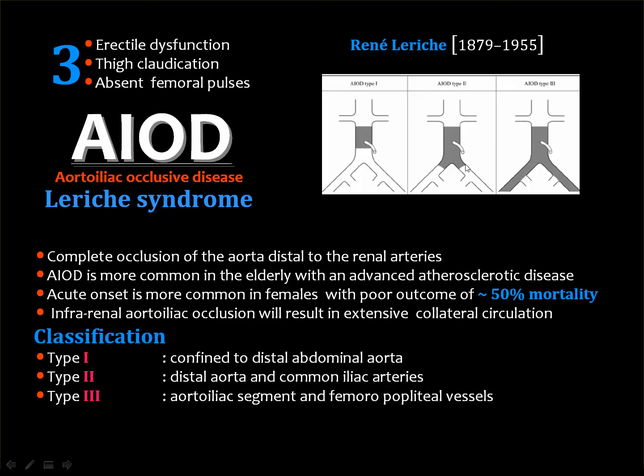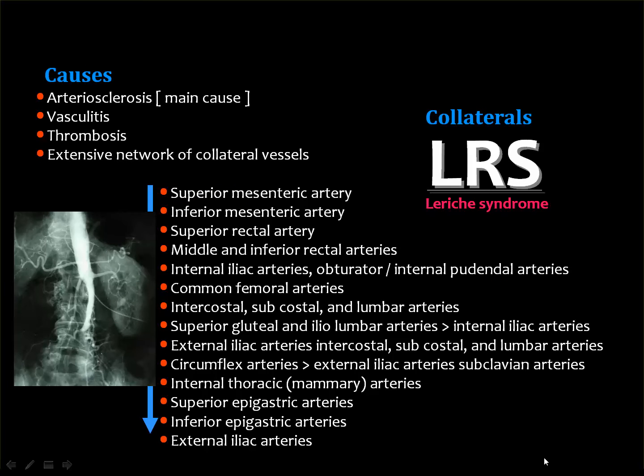Type 2 involves the common iliac arteries. Type 3 extends to the femoral and the popliteal arteries. The clinical manifestations are the triad: erectile dysfunction, thigh claudication, and absent femoral pulse. This disease may have an acute onset, particularly in females, with poor outcome, reaching about 50% mortality rate. If the occlusion is of the chronic type, and the underlying causes may include arteriosclerosis, vasculitis, or thrombosis,